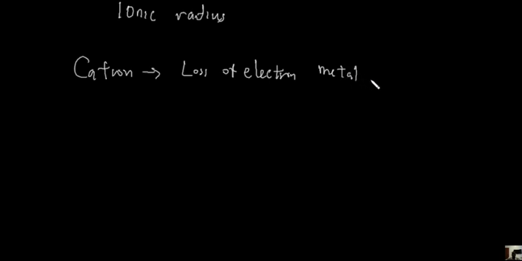Let's consider this. If you have a particular ion, first of all, there are two types of ions. Cations are formed by loss of electrons, and metals tend to form cations. Metals form cations. But on the other hand, anions are formed by gain of electrons, and non-metals tend to form these anions. So moving ahead, if for instance I have a particular